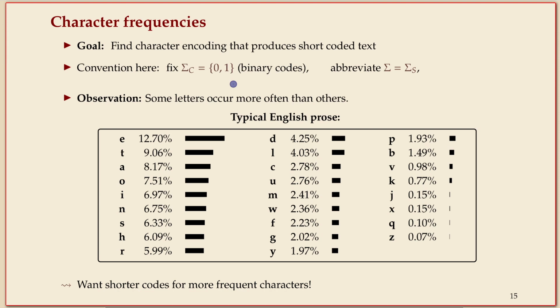If we fix the coded alphabet to just binary 0, 1, we can use just sigma for the source alphabet, because the source alphabet will appear many, many times on the slides, so having a shorthand for that is useful. The intuition should be clear. Huffman is a variable length code. It gives one code word for each of these letters, say if that's your alphabet. And of course, we want the frequent characters to have a short code word, and